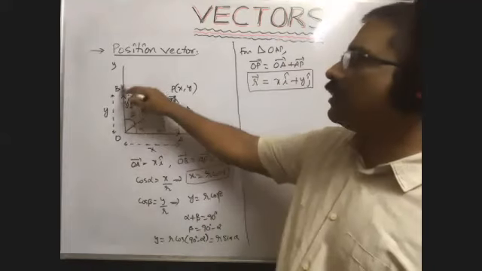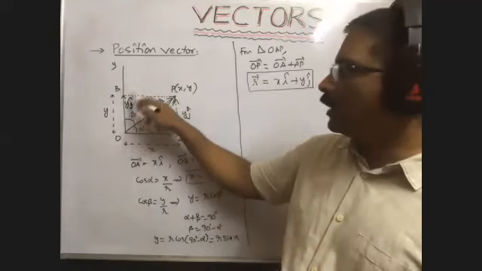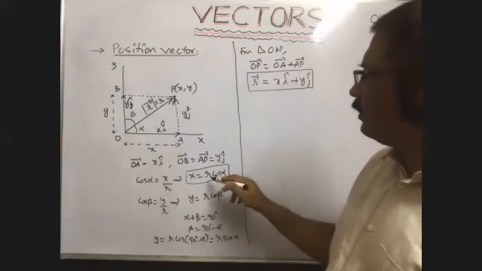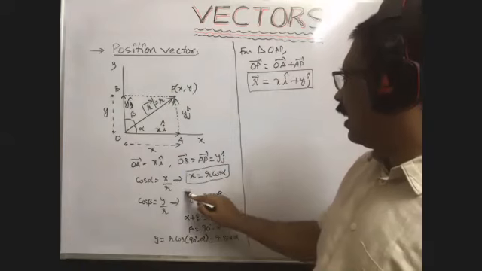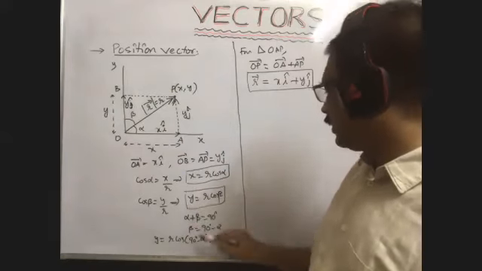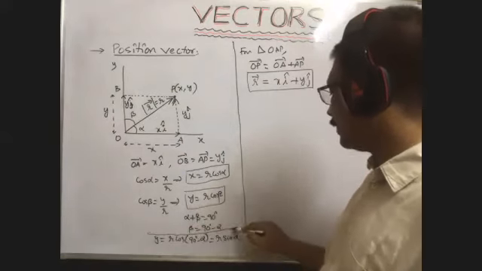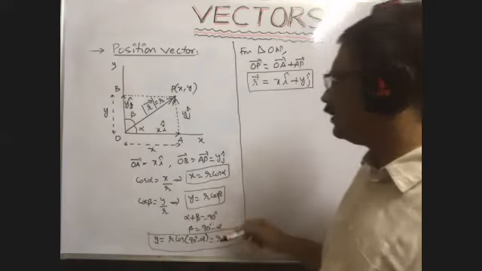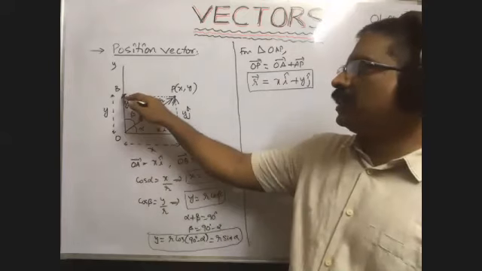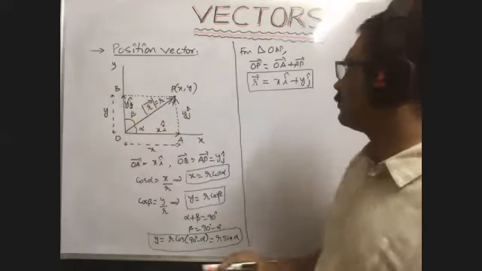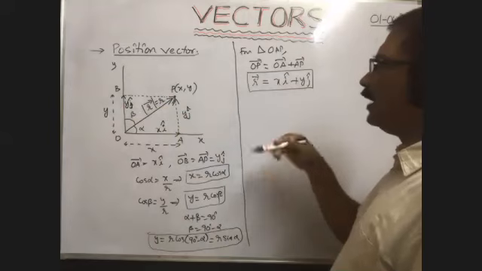That is the vertical component of this vector. The vertical component y is equal to r sin alpha, or r cos beta. You see here, r cos beta, or we can write r sin alpha also. Suppose you want to express it in terms of alpha only, where only one of the angles is given, alpha is given. Then this component y is equal to r sin alpha. Okay, so we know the x value and the y value.